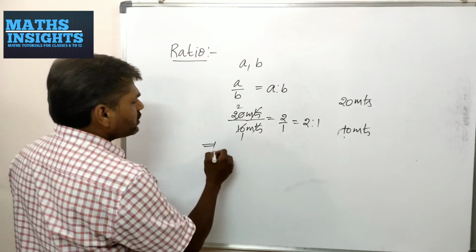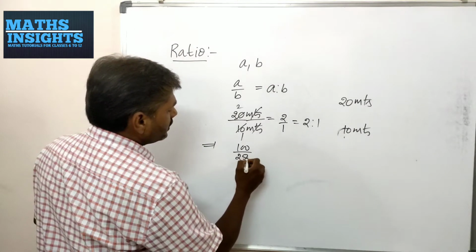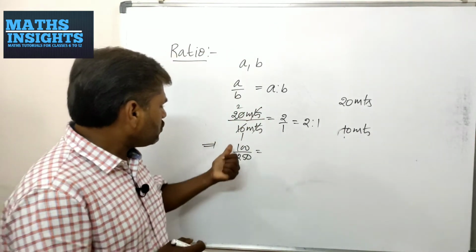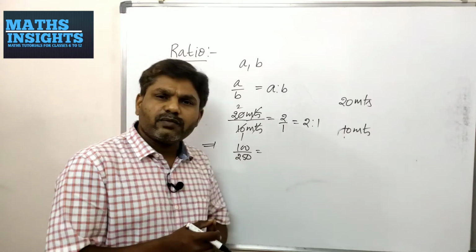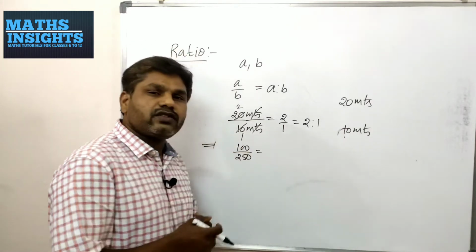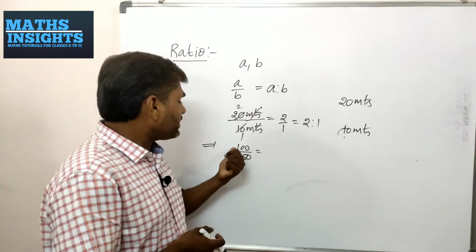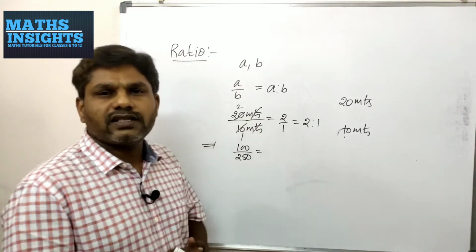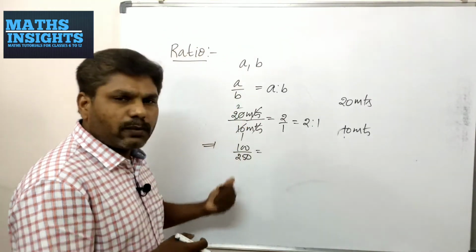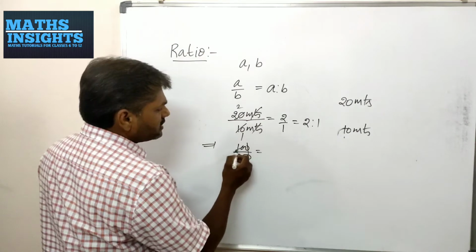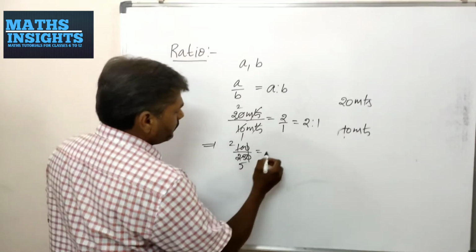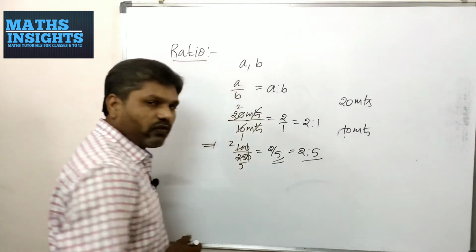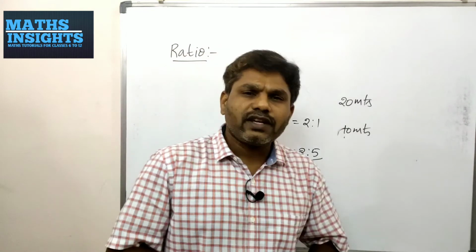Sometimes you may have a ratio like 100 by 250. They will ask you to write it in simplest form. You have to see whether these two are in simplest form, otherwise, can you cancel these two with a common number? If you find the HCF of these two, then you know the biggest number that divides both numbers. Here the zeros cancel, 5 twos are 10, 5 fives are 25, that is equal to 2 by 5. Otherwise you may say 2 is to 5. In this way you may define the ratio.